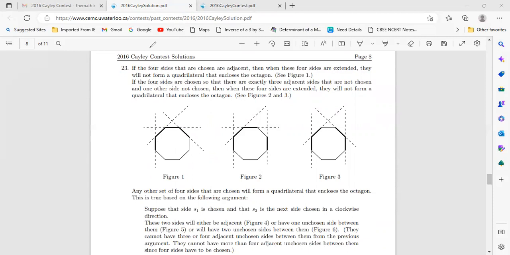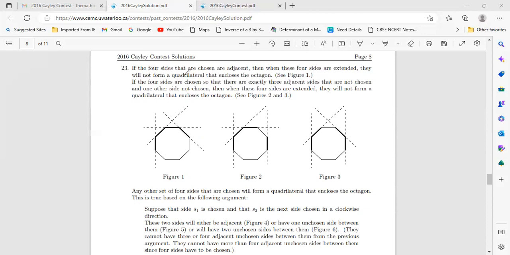Okay. So in the question, they are saying that you are choosing 4 sides and also extending them infinitely in both directions. Let's assume this is case 1, or figure 1. So you're going to choose 4 sides. If you choose these 4 adjacent sides together,